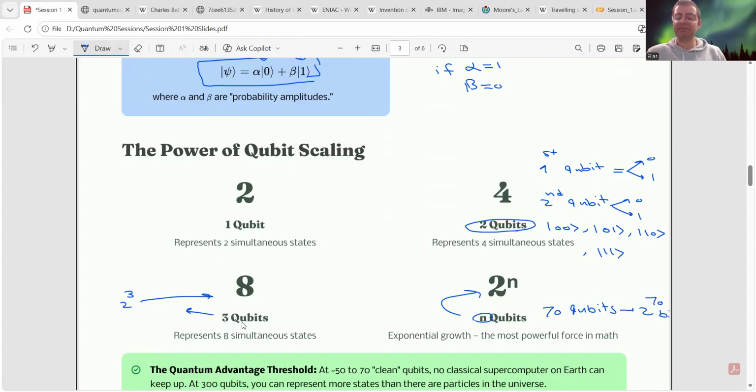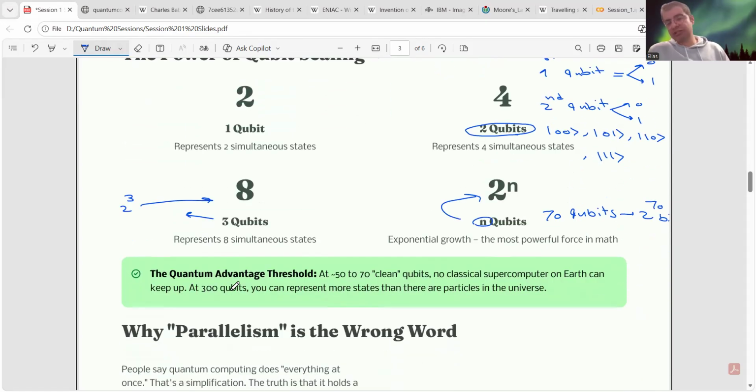So you see, at 70 qubits, you already have a quantum computer that is more powerful than any classical computer or any supercomputer on Earth. That's when we call it quantum supremacy, a point where quantum computers can solve some problems much more efficiently than a classical computer.